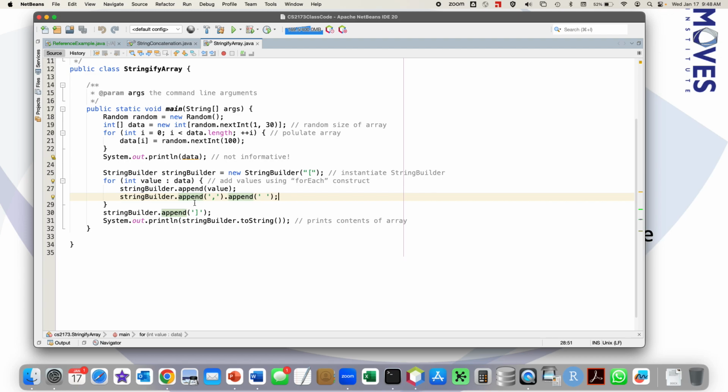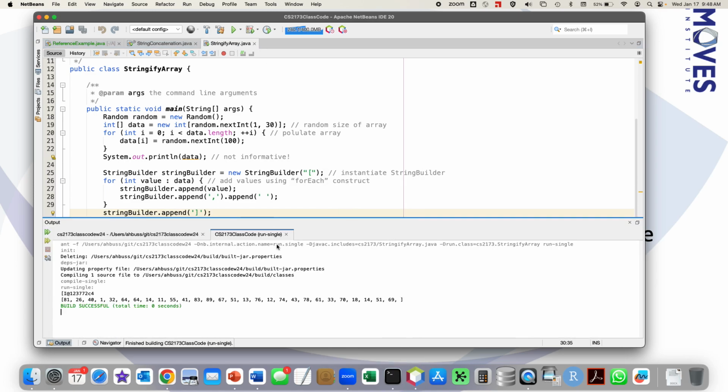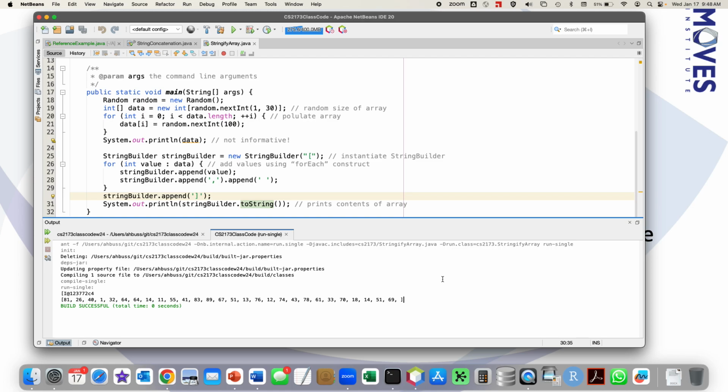But regardless, okay, so I'm going to buzz down the whole thing. And then when I'm done, I'm going to append just the closing bracket. And now when I print the toString for this, and I could have just printed the StringBuilder itself, but I want to emphasize that it's the toString that's being executed here. And so now when I run it, we see that it all gets stuffed out here. Now, I kind of deliberately left this in, and the one weakness here, notice that at the end, I have a final comma and a space.